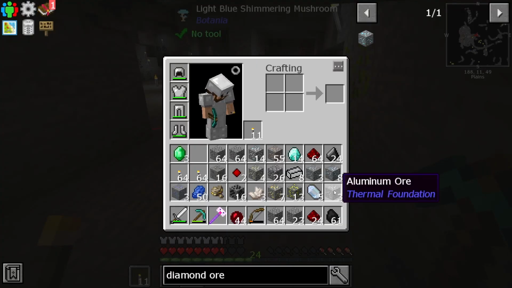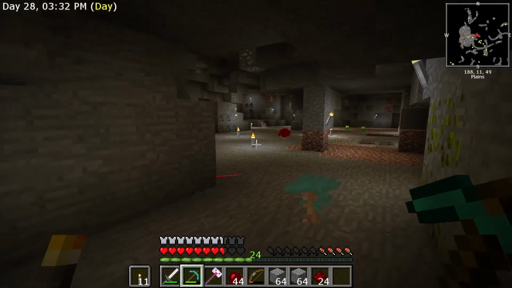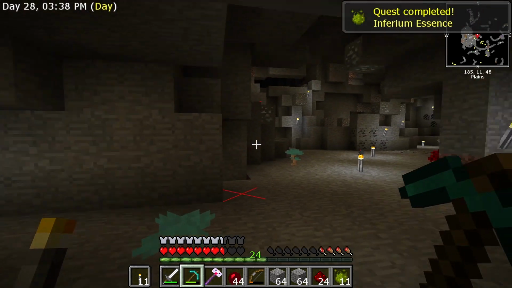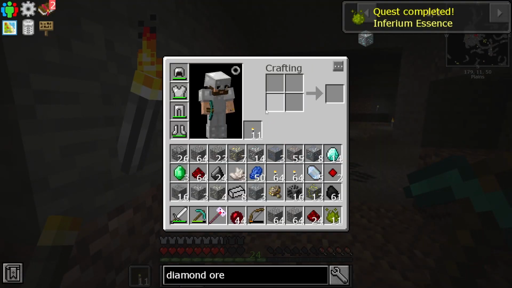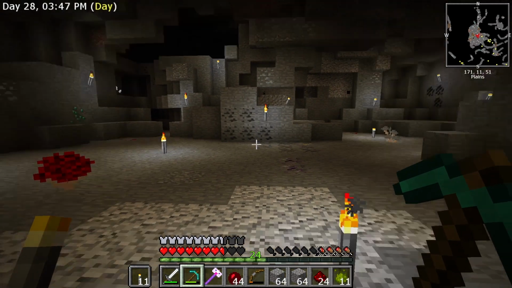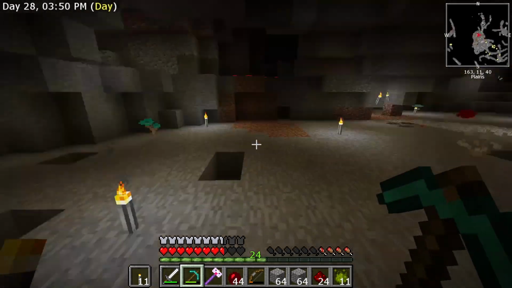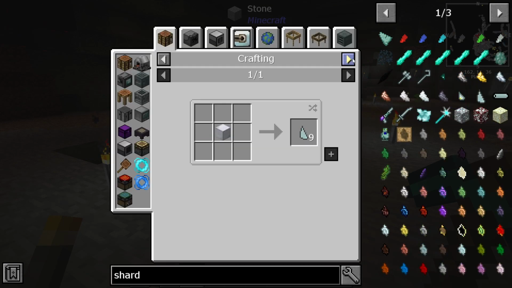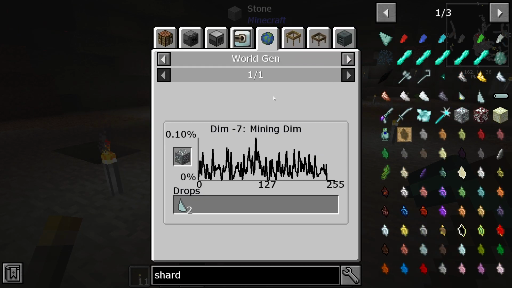Inventory, I think, is pretty much full, but I want this inferium ore as well. That will get us some inferium essence. One thing I was hoping to find, but I haven't found anything yet, is the shards that we need. Ooh, there we go, prosperity shards. So if I go here, it's about 10%, so 10% would be